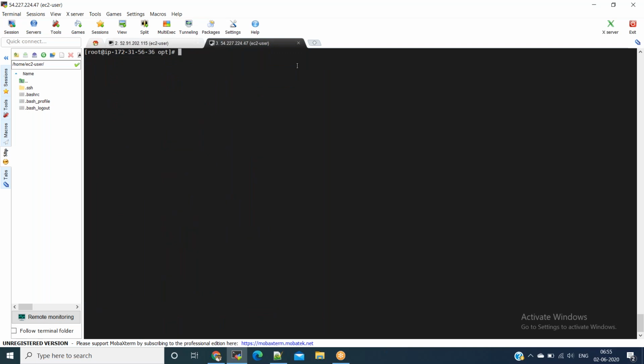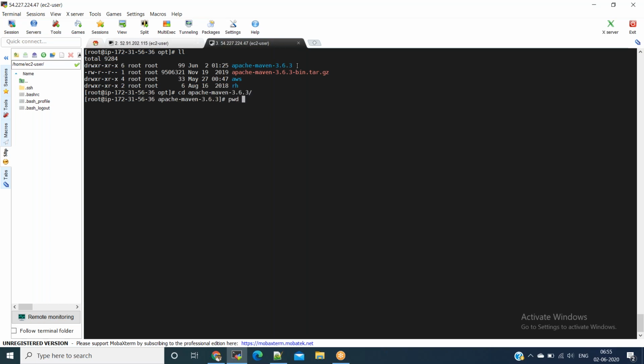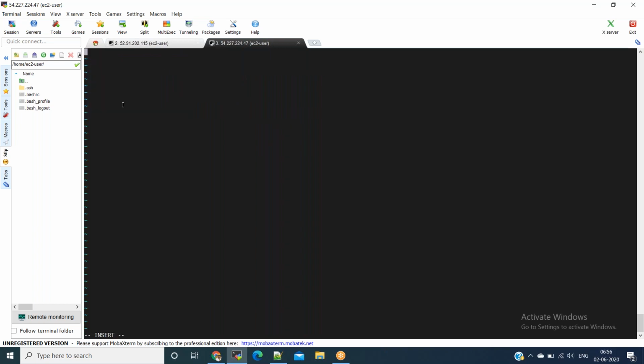We need to set environment variables for Maven, and we'll say vi /etc/profile.d/maven.sh. Here we need to set the environment variables. Export MAVEN_HOME equal to /opt/apache-maven-3.6.3.